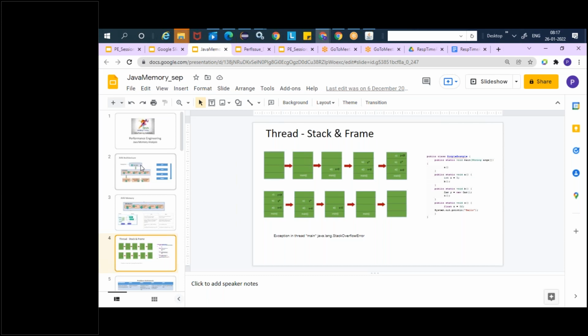I have a sample example code in my Eclipse to create a Stack Overflow error, and we'll see how to fix that Stack Overflow error also. The stack is not really important when we are going to do load testing or analyze the memory, because that's a very small memory area. But still, from our understanding perspective, we'll create some problem with the stack using a program I have in my Eclipse for you